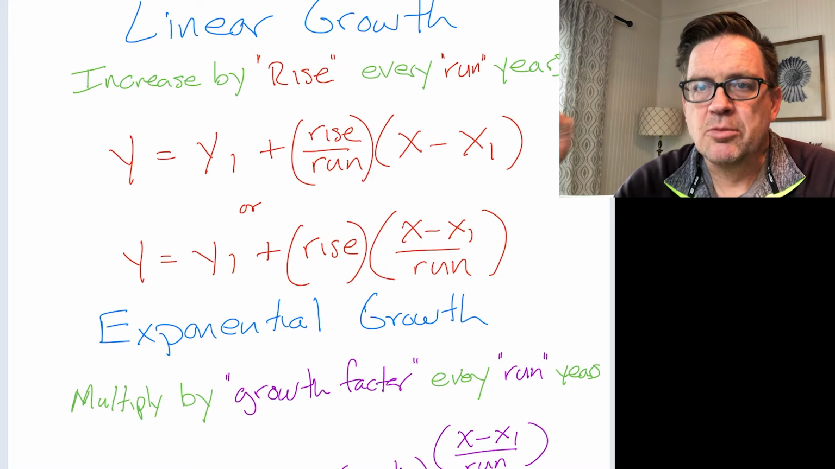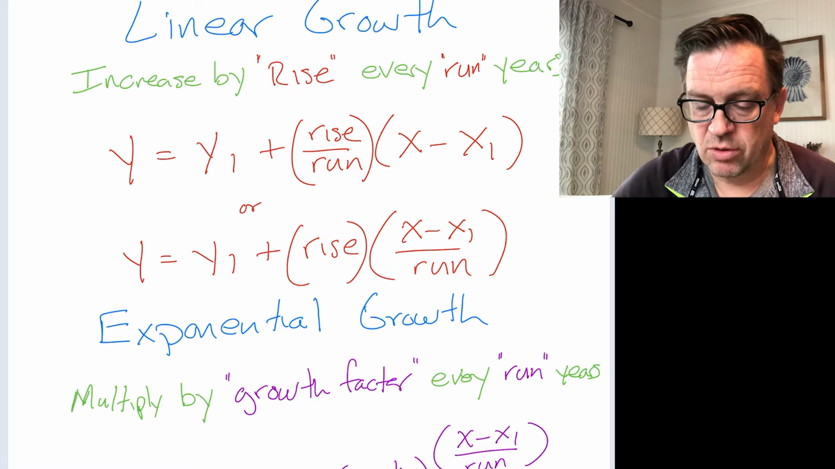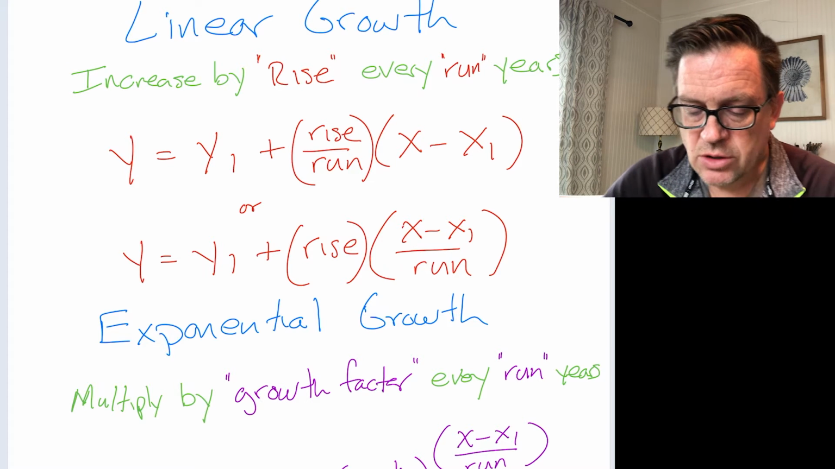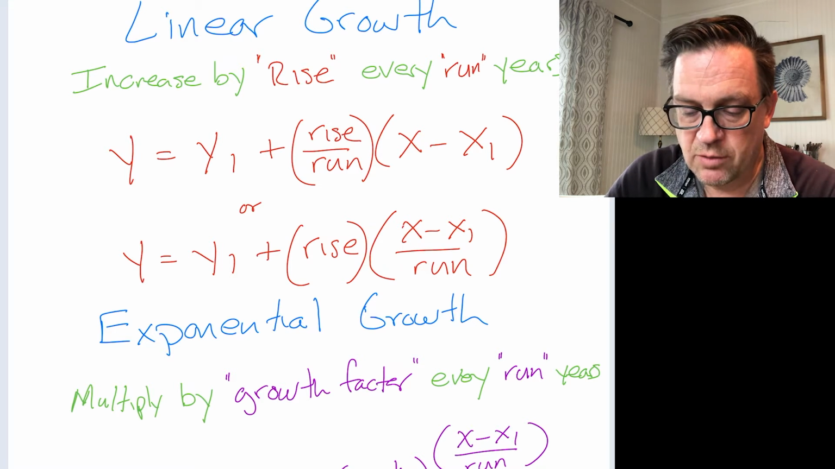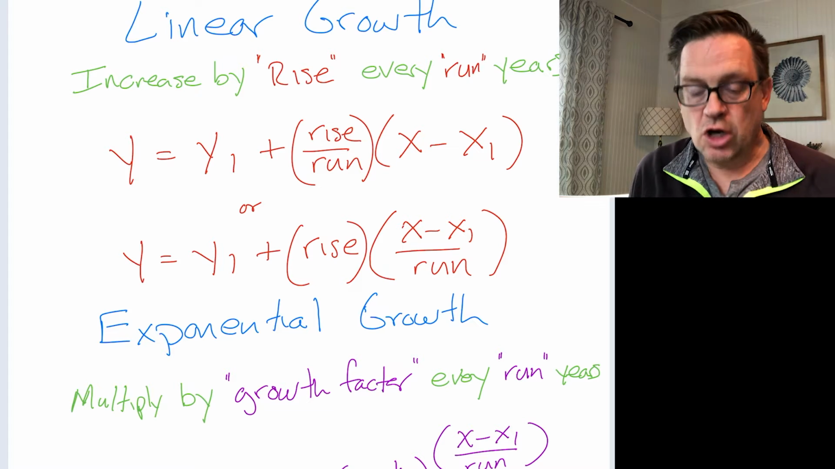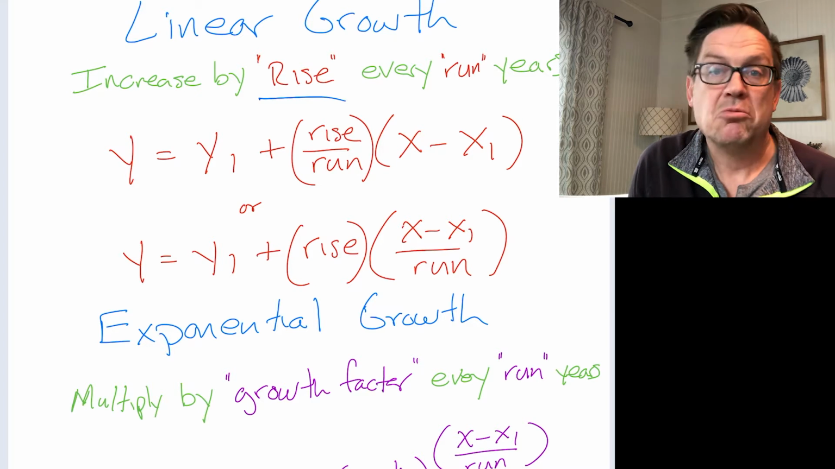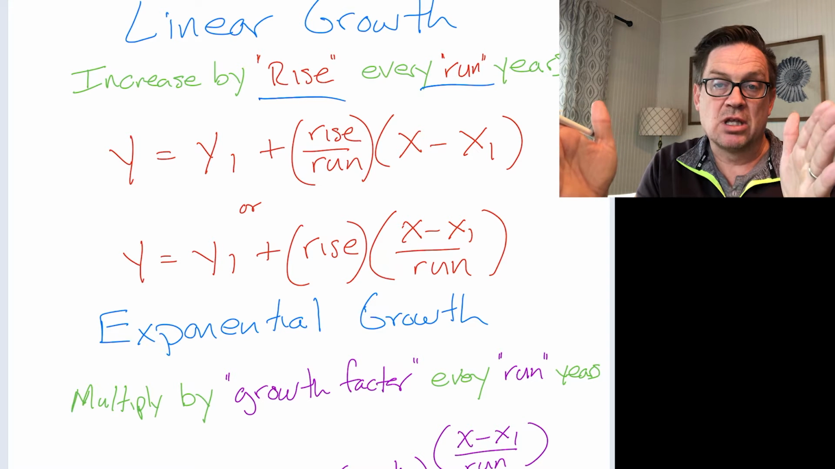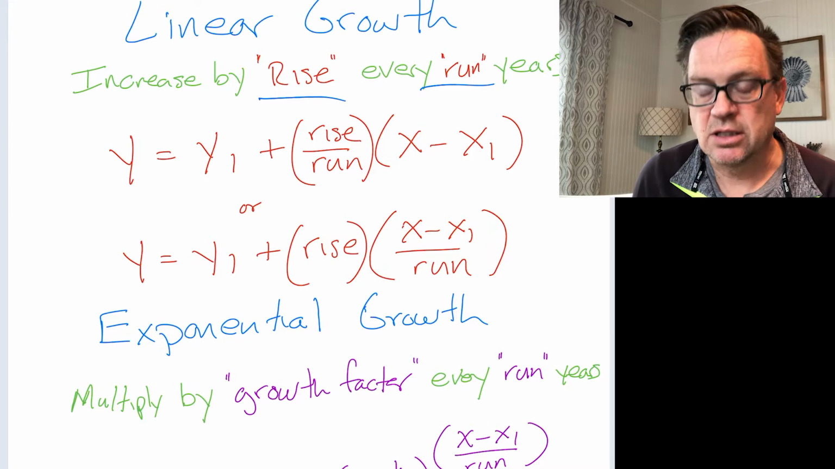Here's a video comparing and explaining the formulas for linear growth and exponential growth. I wanted to show you the formula for linear growth, the point-slope formula. You talk about increasing by a certain amount, the rise, every run. So every time you increase the x value by the run, you go up by the rise, adding that